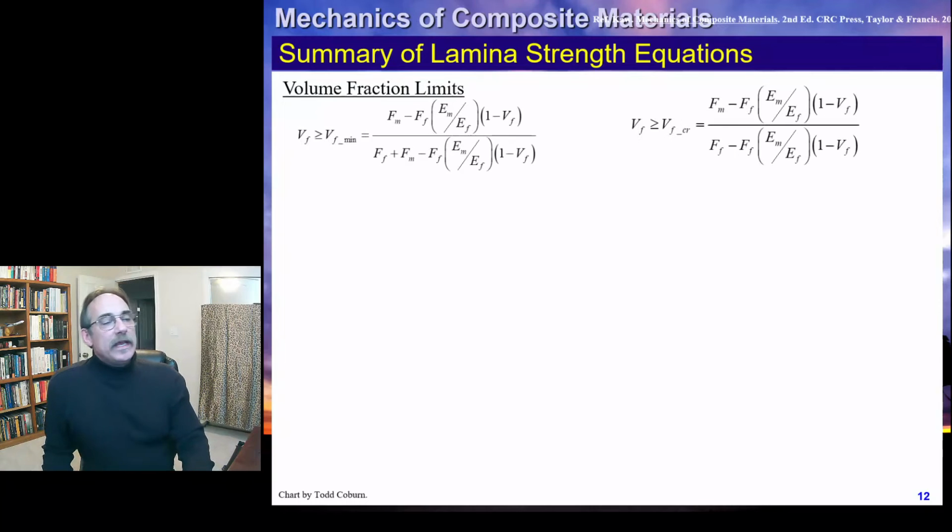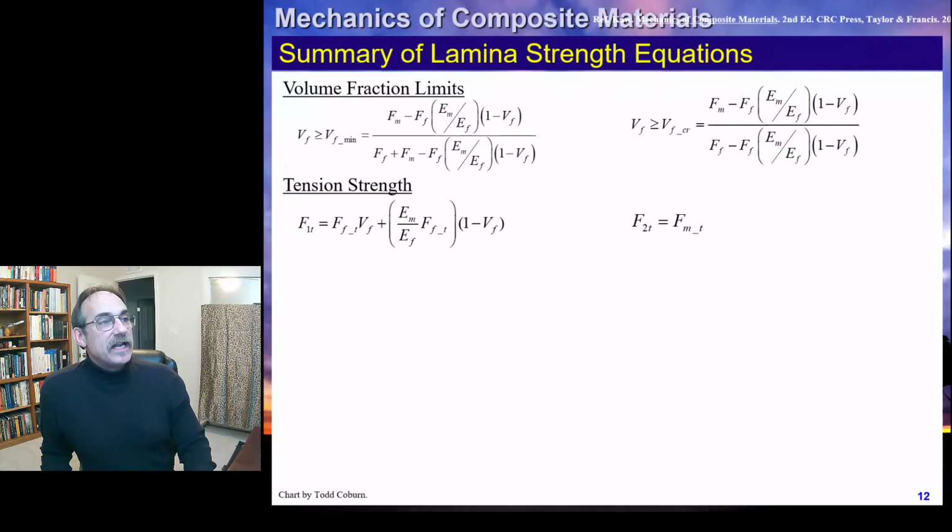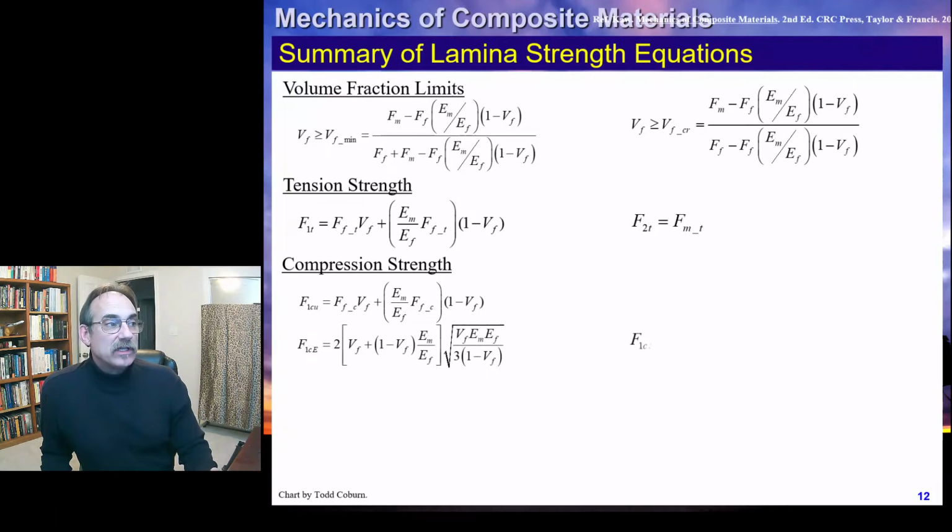All right, so we can kind of summarize all these equations. We've got our two minimums. We've got our minimum volume fraction and our critical volume fraction. We've got our tension strength in the 1 and the 2 direction. We've got our compression strength, which we have an ultimate value, an extensional stability value, and a shear stability value, which we're going to take the minimum of those three, and then we're going to use,